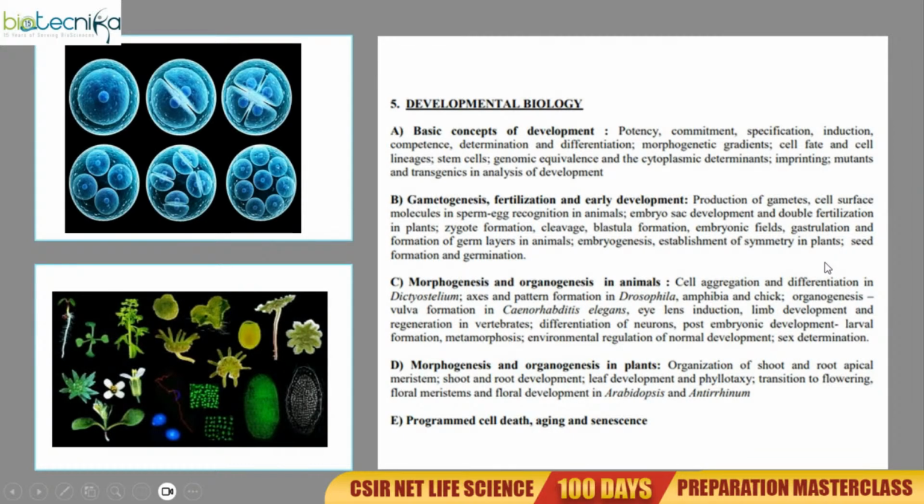Here also there is no such topic which can be skipped. Of course, programmed cell death can be covered under unit 4, so you don't have to focus on it over here. And again, aging and senescence is a part of unit 6, where plant hormones are covered, so some part of it will also be discussed there. So you don't have to put much effort on this. But yes, the basic concepts of development, gametogenesis, and morphogenesis in plants and animals are all equally important, which you can